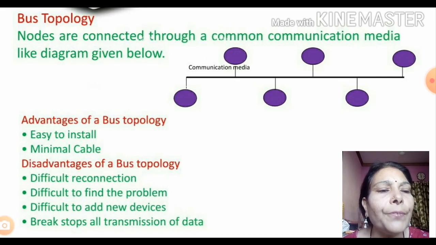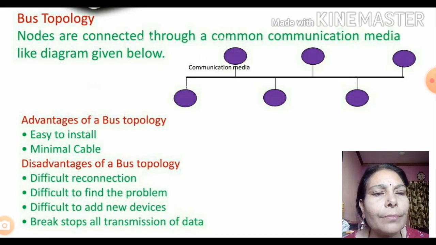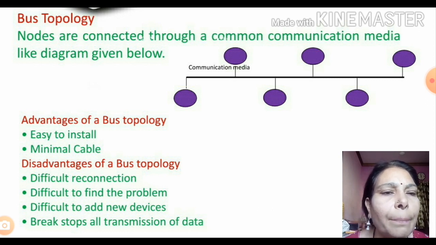The first one is bus topology. As you can see in the diagram, the circles represent the nodes or workstations which are there in the network. All the nodes are connected with a single cable. It means all nodes are connected with one cable in a linear form. This type of arrangement of nodes connected with a single cable is also called a linear topology. So the bus topology is also known as a linear topology.